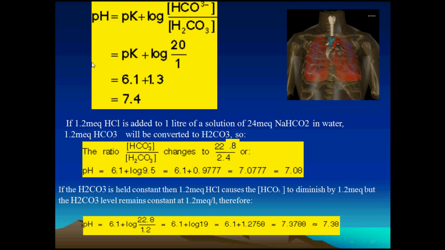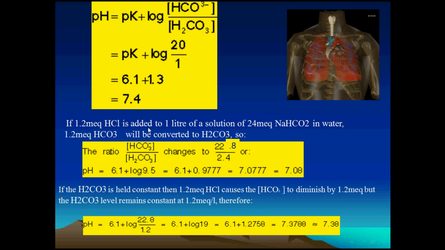Look at this. This is the Henderson equation: pH equals pK plus the logarithm of bicarbonate over carbonic acid. Bicarbonate is 24 and carbonic acid is 1.2, so the ratio between the two is 20. The logarithm of 20 is 1.3, so the pH is 7.4. If you add